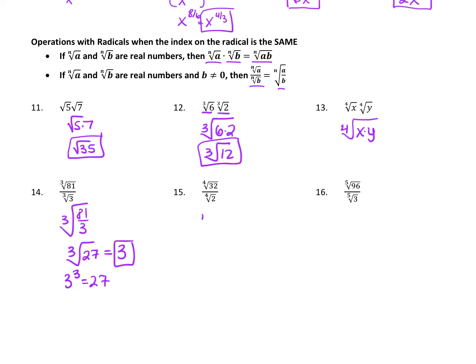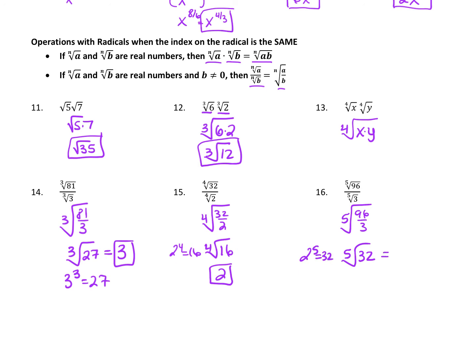Same with 32. If I take the fourth root of 32 divided by 2, that's the same as the fourth root of 16. Now 2 to the fourth power is 16, meaning the fourth root of 16 is 2. All right, we're going to make this a big root, 96 divided by 3, so the fifth root of 32. 2 to the fifth power is 32, so that means the fifth root of 32 is